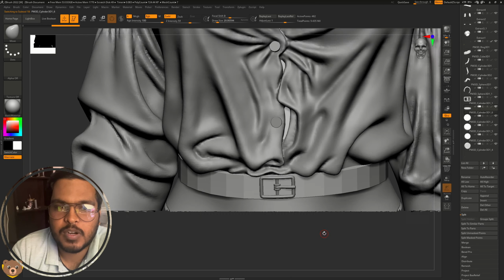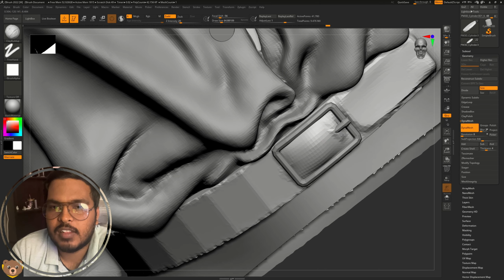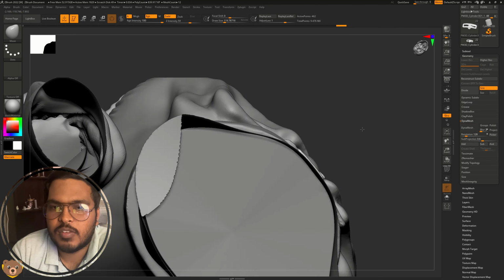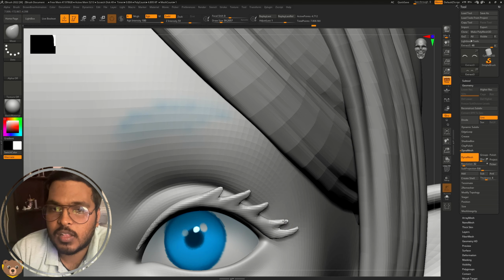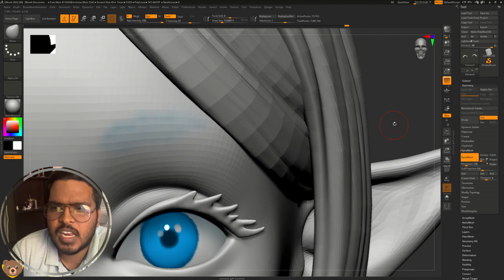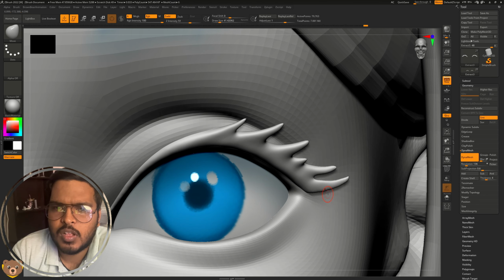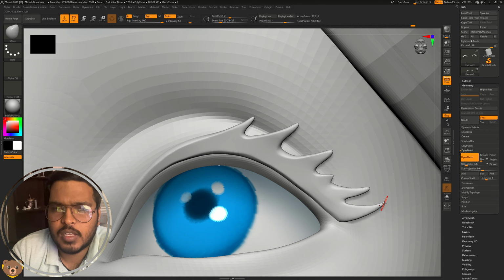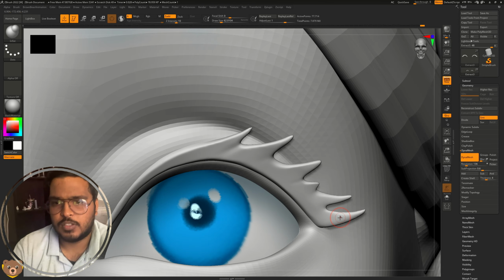So this was the IMM brush, which is already there in ZBrush. You don't have to search anywhere else. I thought that I just had to make the sculpt. There was nothing in my mind to make it an animated sculpt or an animated model or anything. So I said it's fine, I will just sculpt it, just extracting and dynameshing and using some other IMM brushes, whatever. I just thought of doing it as a sculpt. So yeah, these eyelashes also, I just masked on the main mesh and extracted out the mesh. I'm just pulling it out for the eyelashes,